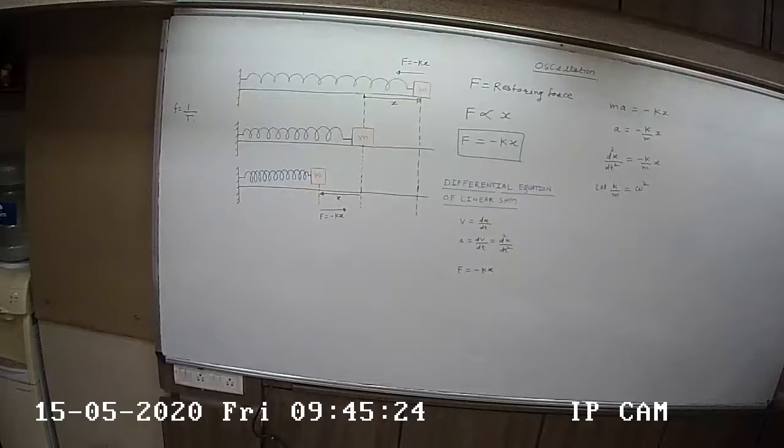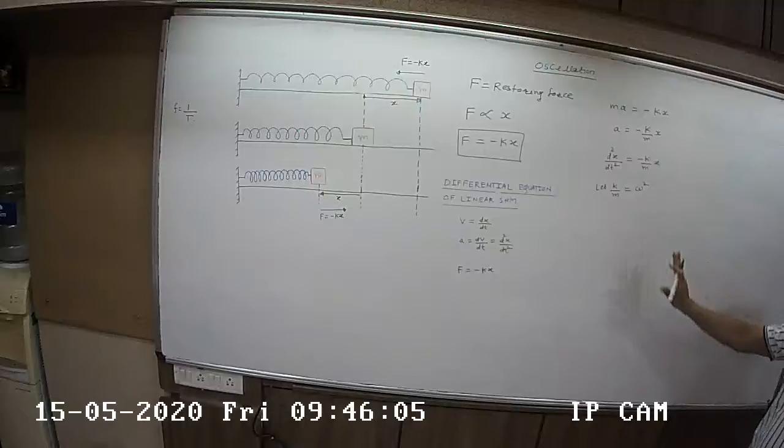Now the first question that will come into your mind: omega is the physical quantity defined in circular motion, while k upon m we are talking about in linear simple harmonic motion. So how can two quantities be related? That you will come to know afterwards, when I find the relation between SHM and circular motion. We will prove that SHM is the projection of UCM along any diameter of the circle. In my third lecture, we will do that topic. But since SHM and UCM can be related to each other, you can equate these two quantities, k by m and omega square.